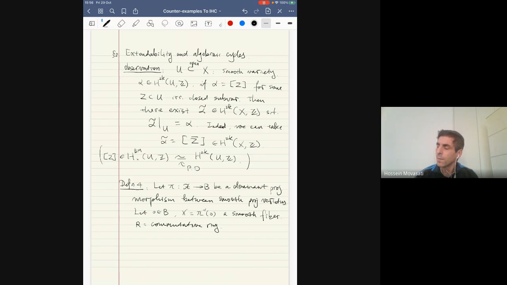Now let alpha be a cohomology class in H^k of X with R coefficients. So on this smooth fiber, suppose you have a cohomology class, and we say that alpha is extendable